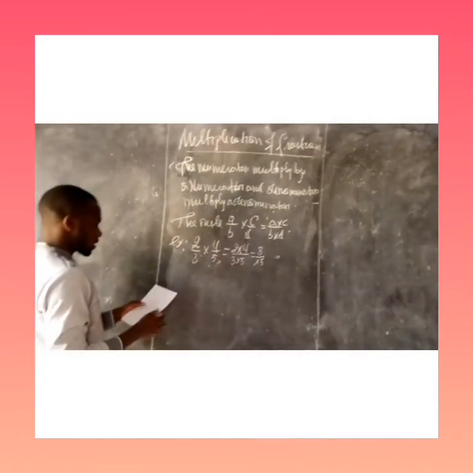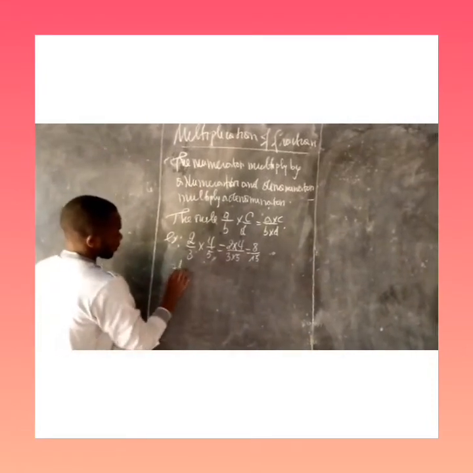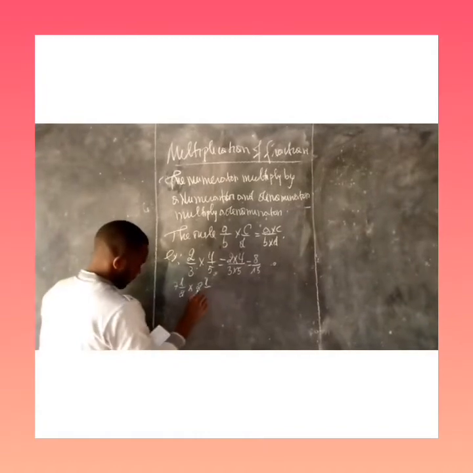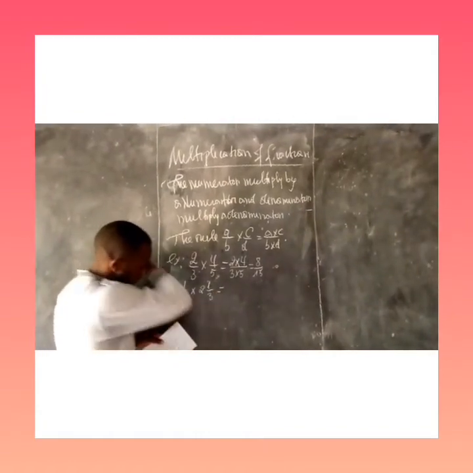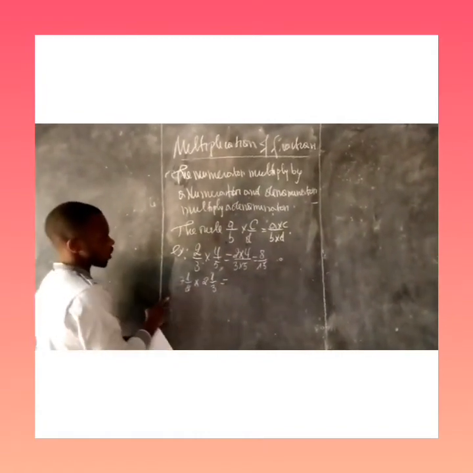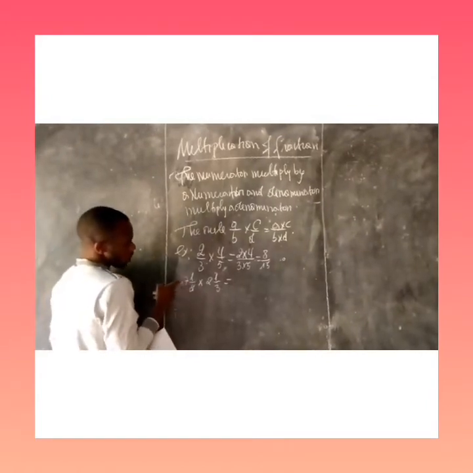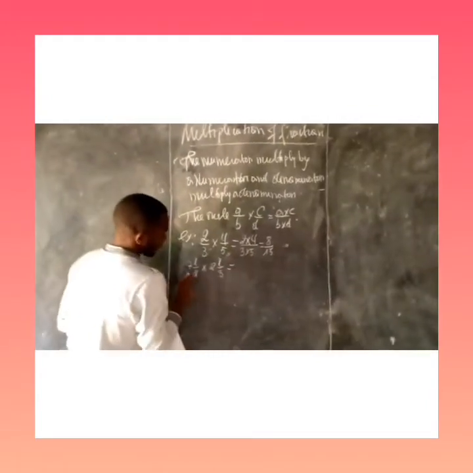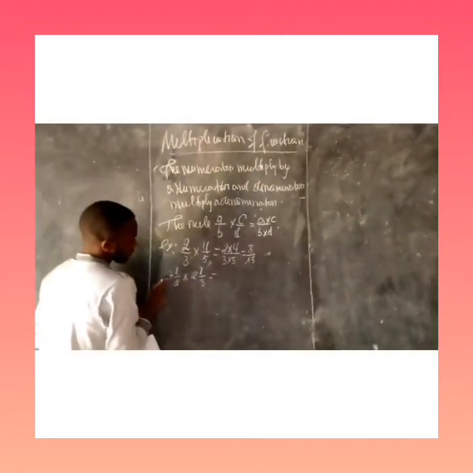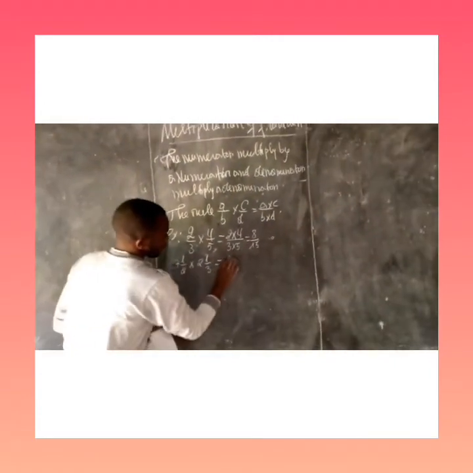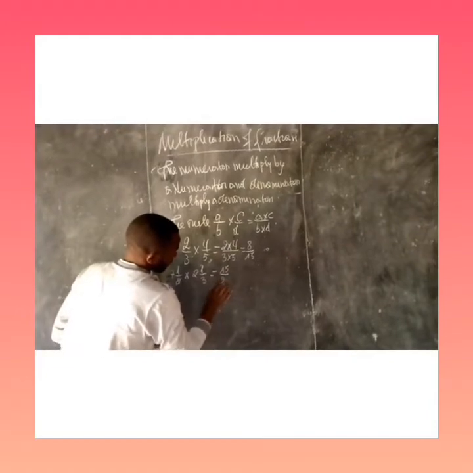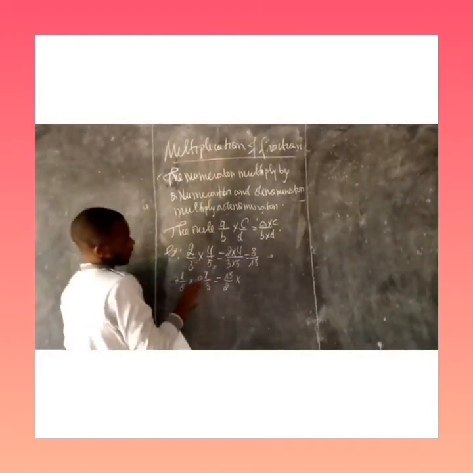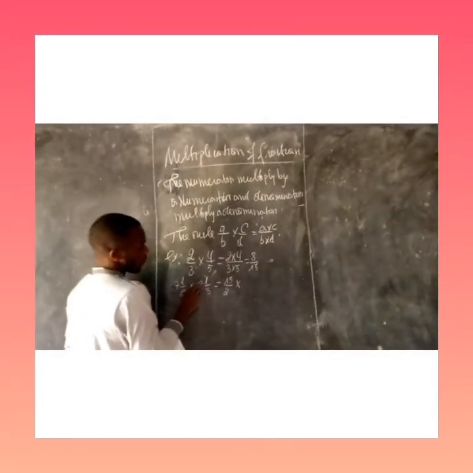So another example here, you have 7 1 over 2 multiplied by 2 1 over 3. Means that here we have a mixed fraction. You have to multiply 2 times 7 plus 1. We get 2 times 7 is equal to 14. 14 plus 1 we get 15 over 2, multiplied by 3 times 2 we get 6 plus 1 again we